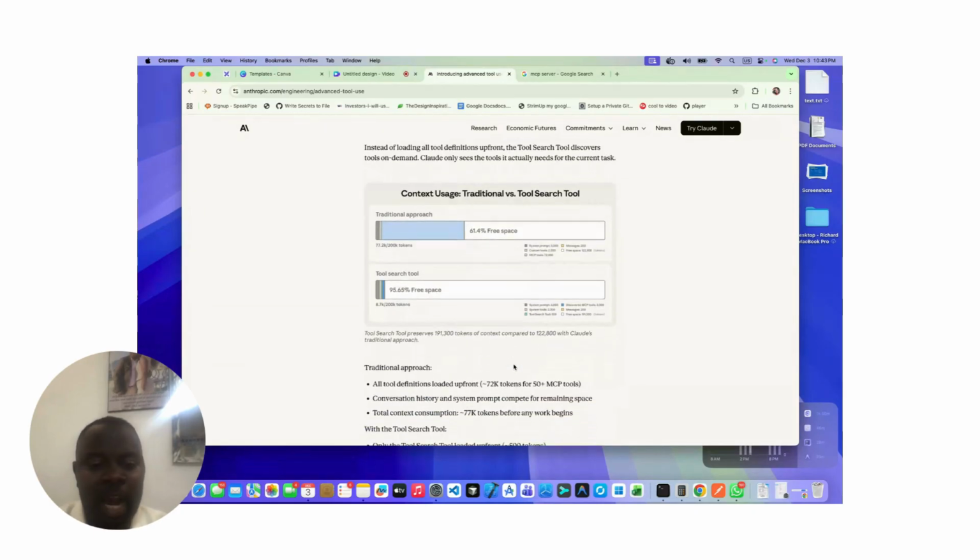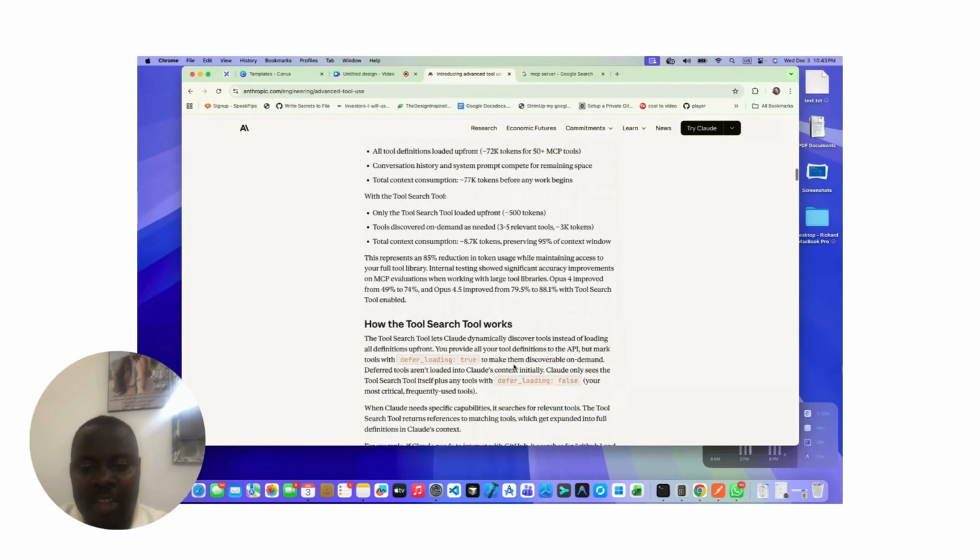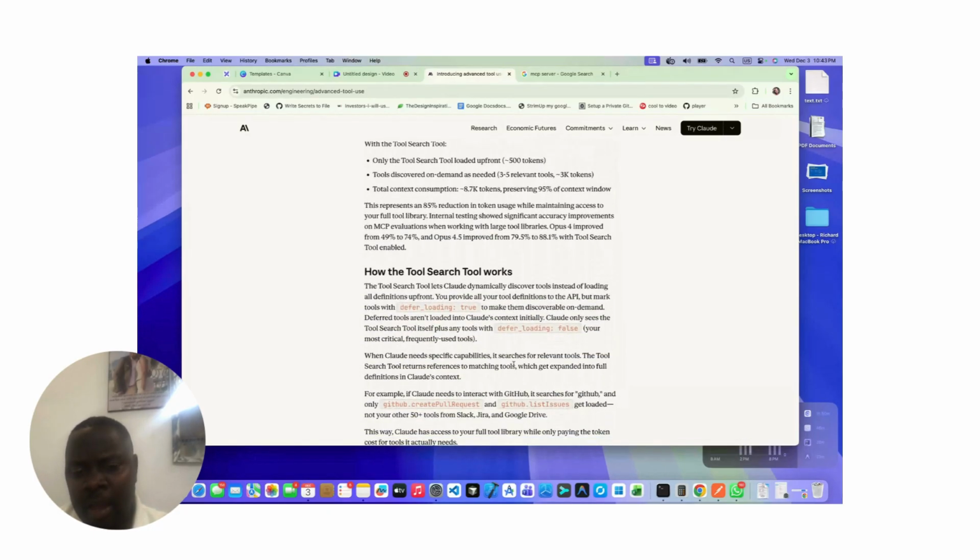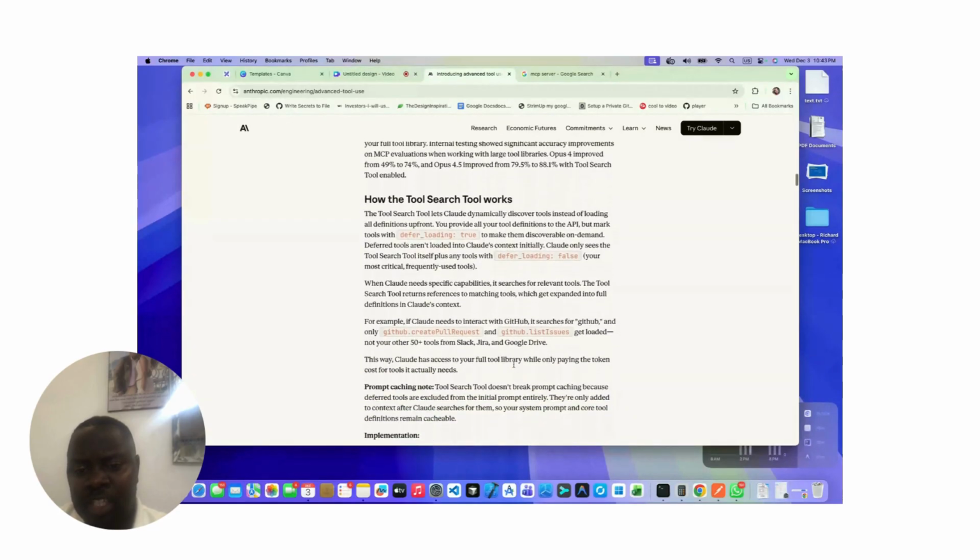If you're going to need a specific tool, they are going to know which tool is best for the case, and they're not going to feed the definition of the tool to the AI, which is going to reduce the tokens that you're going to consume. I think this is a very important thing they're working on.